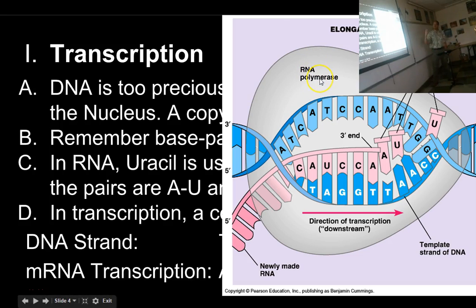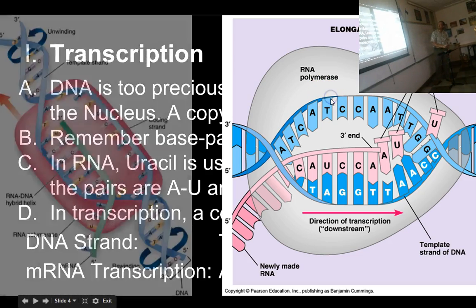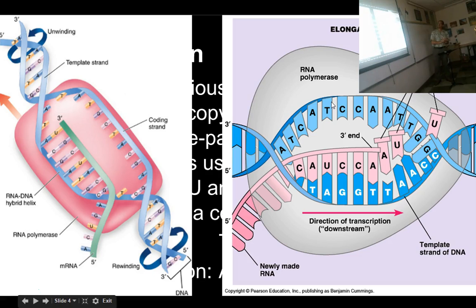So again, the interconnectedness between DNA and proteins. It's a protein that reads the DNA to make a copy of the messenger RNA so it can go out and make more protein. How do you get a protein to read DNA if there's not a messenger to make the protein in the first place? It's a cycle, it's a loop. You have to have both at the same time. Okay. There's another picture of the same thing.